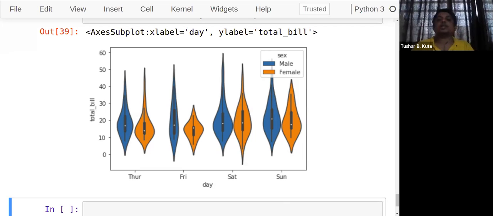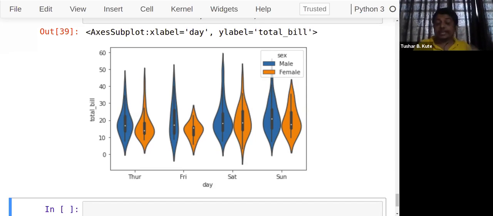So what the plots are there. Okay, so these are the extensions available. Now let's go for another extension, the bar plot. Bar plot we have seen in Matplotlib, and let's see the abilities of the bar plot given in Seaborn. So bar plot shows the relation between categorical variable and continuous variable. Again, categorical variable on the x-axis, continuous variable on the y-axis.